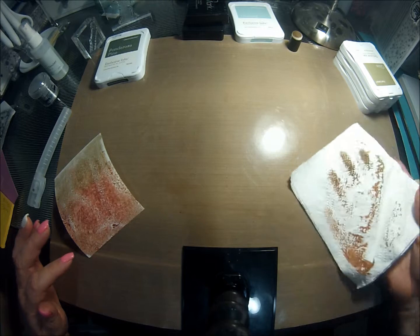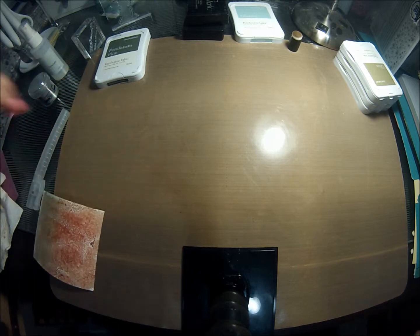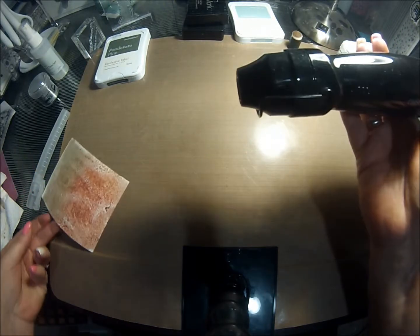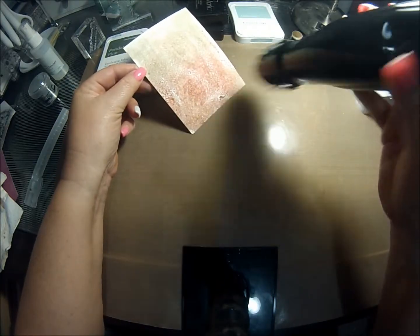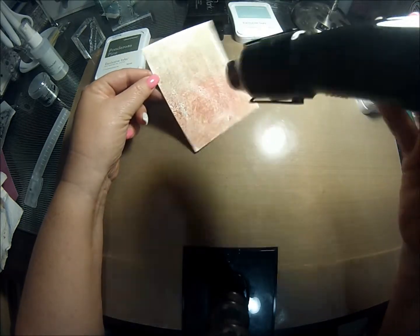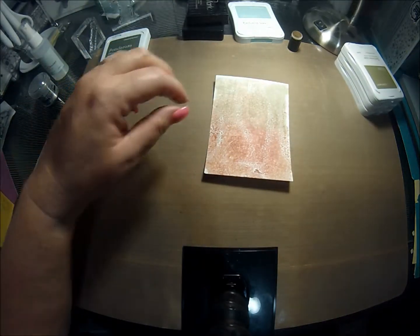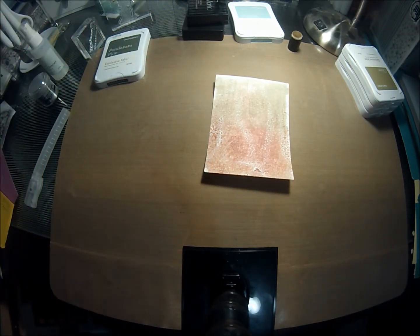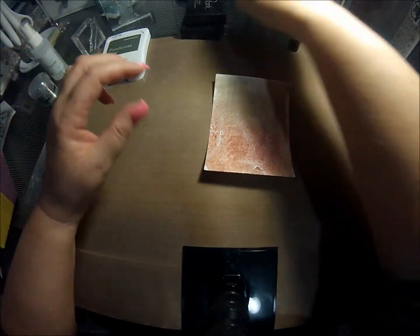Okay. So now we want this to dry. So I'm going to hit this with my heat tool real quick. Just using my Close To My Heart heat tool to help it dry. Okay. And now, ooh, I just hit my light. Got my cords tangled up. Okay. There. So now I'm going to take the Glacier ink,